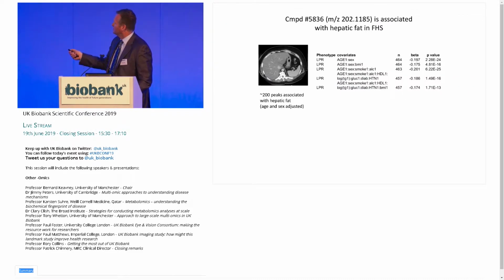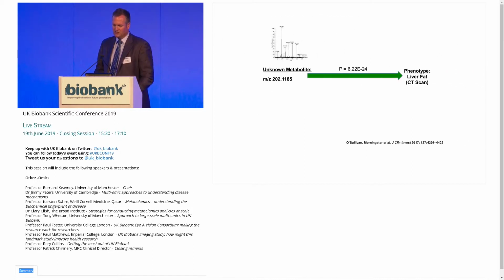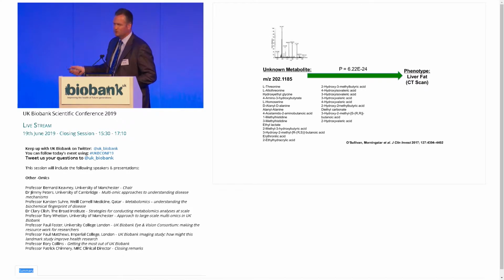The peak that was most highly associated with liver fat was an unknown, and even after adjusting the regression models for age, sex, smoking, alcohol use, HDL, glucose, diabetes, hypertension, the p-value for association was still 10 to the minus 13. So the question is, what is this metabolite? Normally what we might do for a study like this is look up this mass in tables of metabolites, trying to find potential matches, acquire those compounds, and then test them in the method